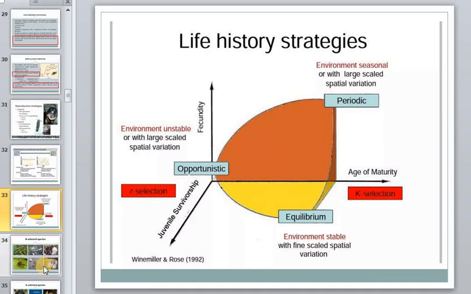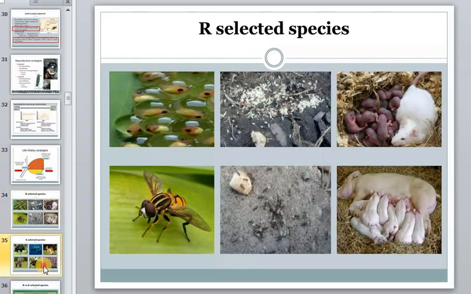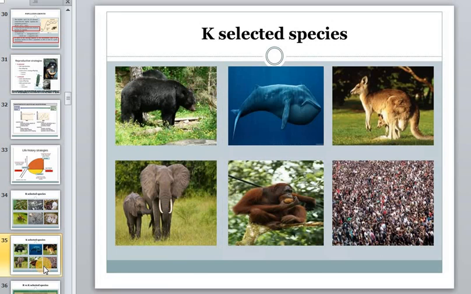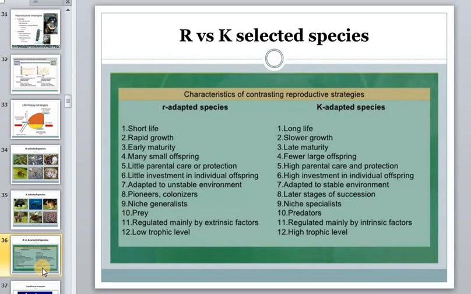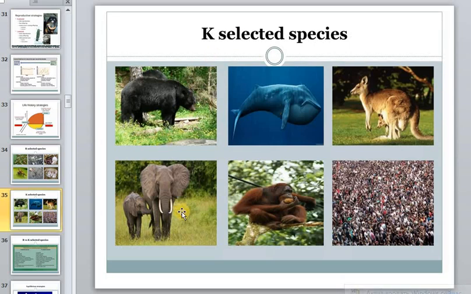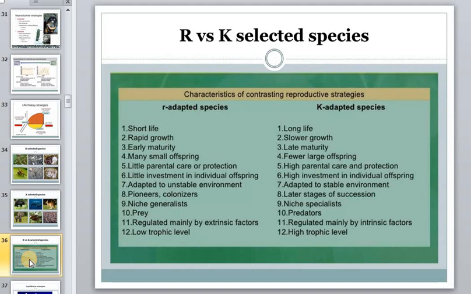And here are examples of this selection, because our previous practical was about these strategies, and a very short table. If you want, it is better. But you know that key selected adapted species with a long life and slower growing, so this animal is a very big size, and even so will live a long life, if we compare with different species of animals, and of course, we are predators.